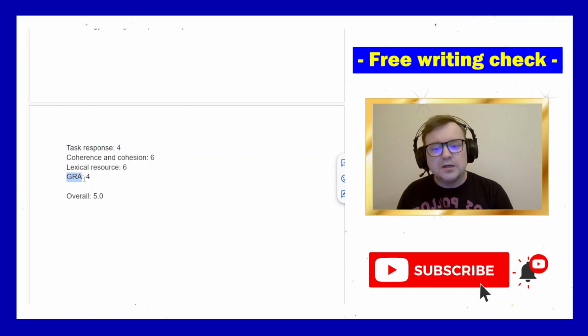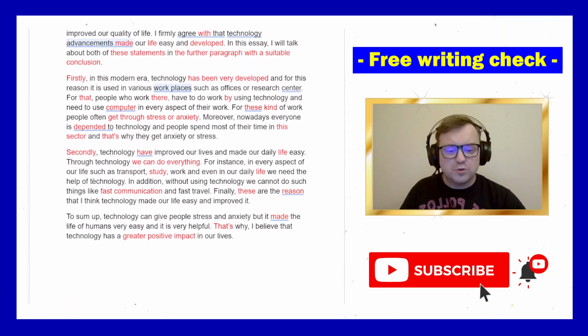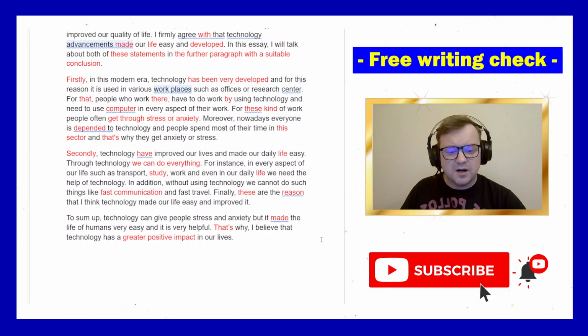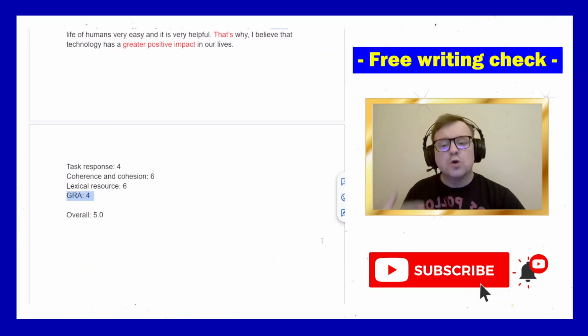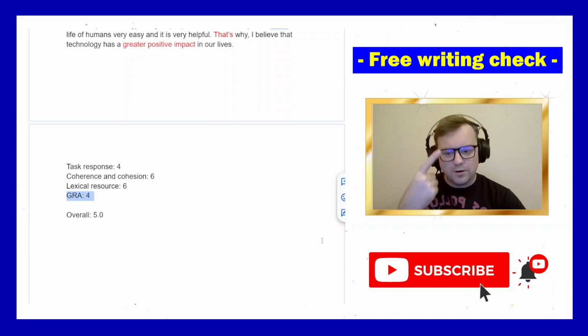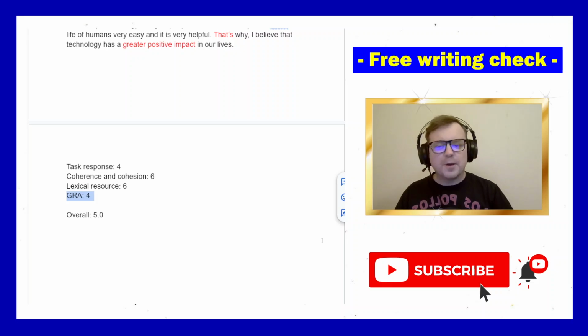Grammatical range and accuracy, focus on improving that. Definitely you have to find those most basic mistakes. Candidate probably has a decent level of English, and the candidate probably knows that, you know, this is a person, these are people. The candidate probably knows that in English we have single nouns when we talk about one, and we have plural nouns when we talk about more than one. Right? Pen, pens, person, people, hat, hats. But for some reason in their writing, they aren't focused on those mistakes. So you have to tidy up those basic grammar mistakes, and you have to improve the task response.